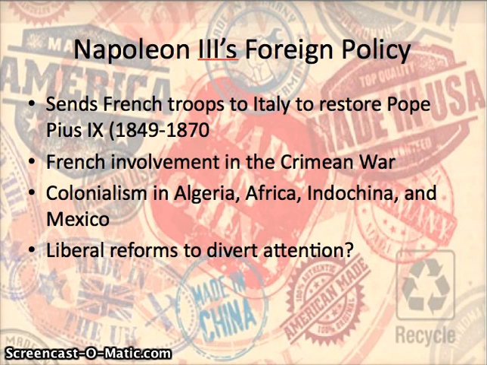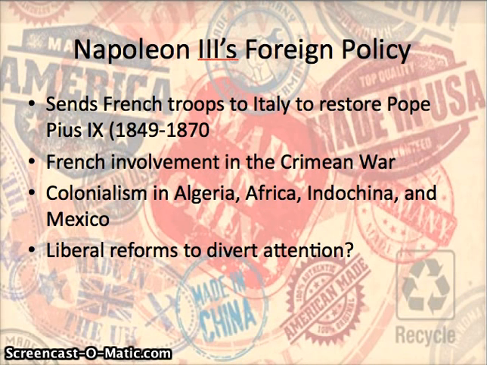First off, during the period of Italian unification, which we're going to talk about 2 classes from now, he actually supports the Pope, who fled Rome in the early stages of Italian unification. So he sends French troops into Italy to bring Pope Pius back, and people who are more liberal and Republican in France are going to oppose this because they think that Italy should unify and that the Pope should not stand in the way. So by supporting the Pope with his army, this is going to make more liberal people in France upset with Napoleon.